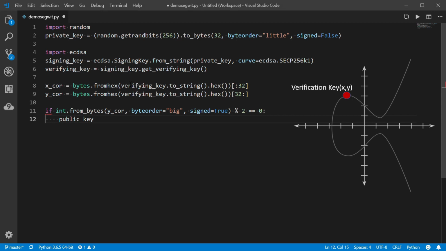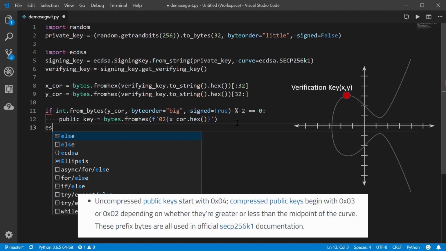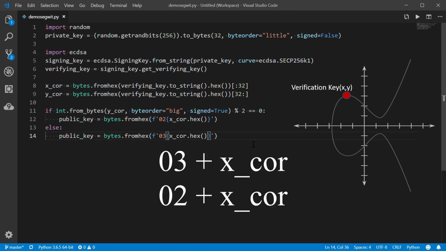and we are going to store our public key as the x coordinate with the prefix 0, 2. This prefix has been predefined in Bitcoin technical documentation, so we're just going to take this 0, 2 and attach it to our x coordinate as the prefix. If it is an odd number, instead of 0, 2, we will just attach as a prefix the number 0, 3. And this way, we got our compressed public key, which is simply the x coordinate of our verification key,